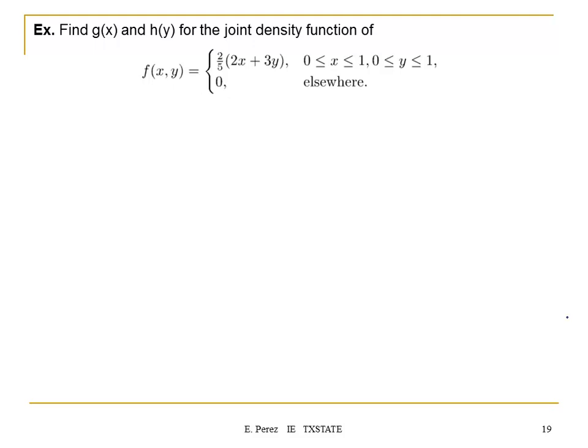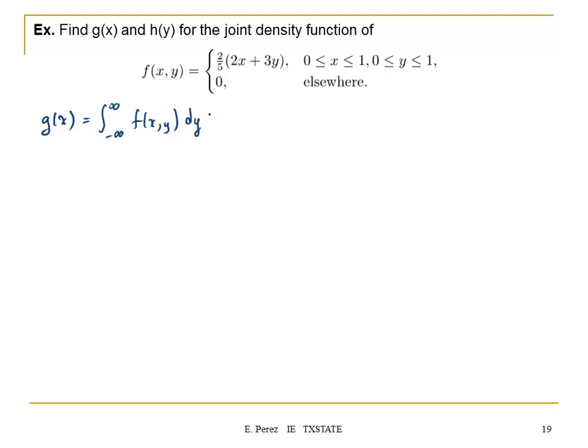So based on the definition for a continuous probability function, we have that the function for x will be equal to the integration from minus infinity to infinity of f of x and y with respect to what? With respect to x or with respect to y? Correct. So we have to integrate with respect to y